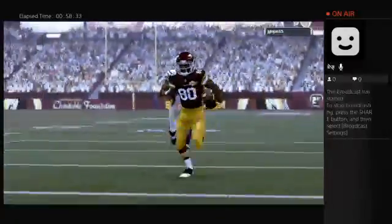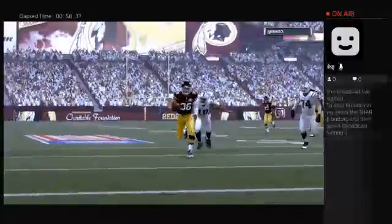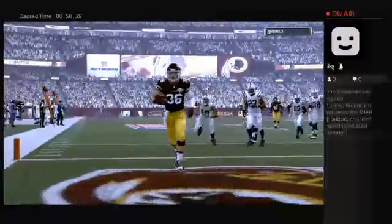So for the Redskins, that'll be a happy locker room as they start this season 1-0. And they will hit the road next week for a date with